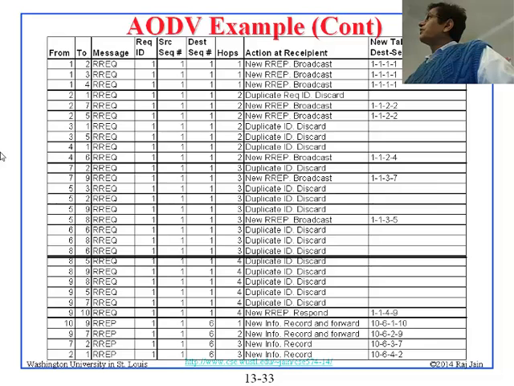All right. So 1 sends to 2 a request, ID number 1, source sequence number 1, destination sequence number 1, hop count 1. And at the recipient, 2 things happen. At node 2, 2 things happen. First of all, it says, oh, this is a new request. Therefore, I should broadcast and record. Broadcast is here, record is here. What does it record? It records that the destination,